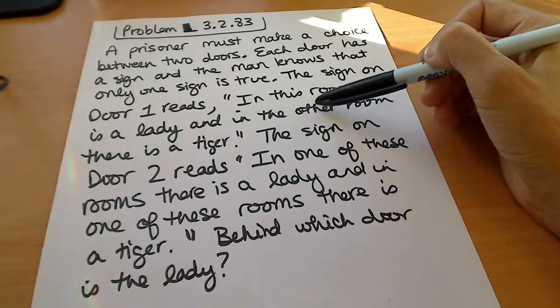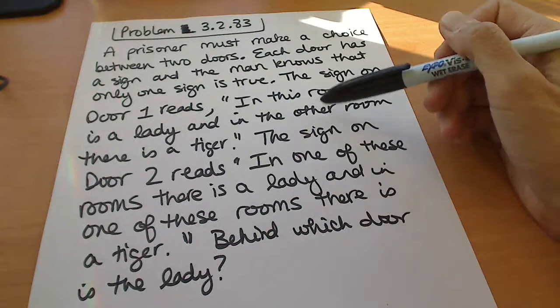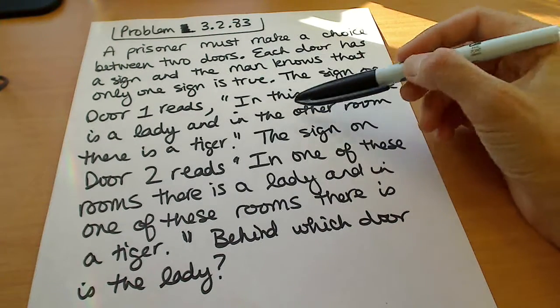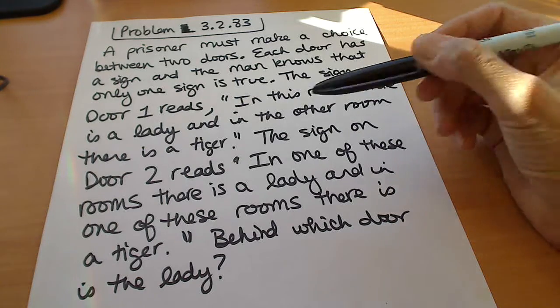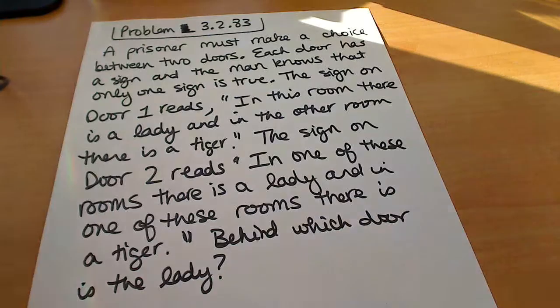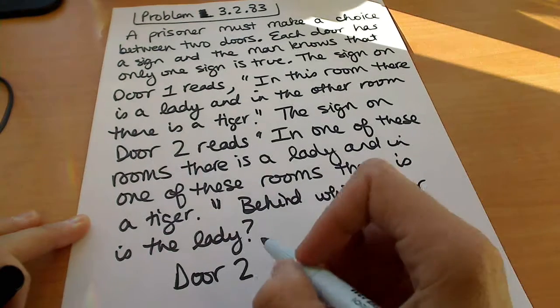So door number 1 can't be true, because if it is true, then door number 2 is true, and that makes two of them true, and it says that only one of them is true. So since that is the case, door number 2 has to be the one that is true. Okay. So since we know that the sign on door number 2 is true,